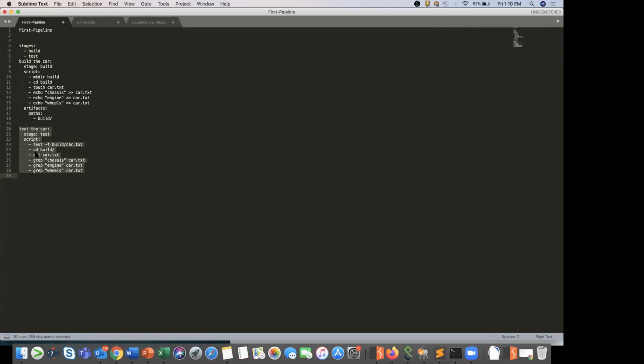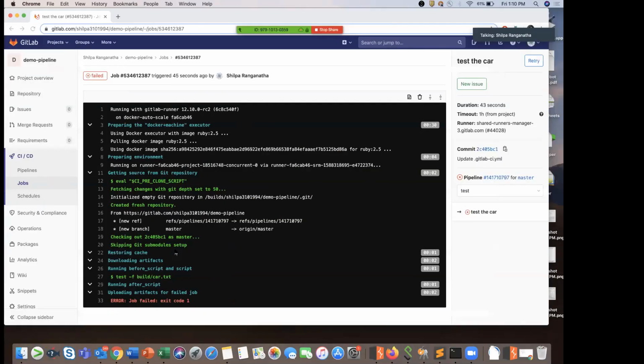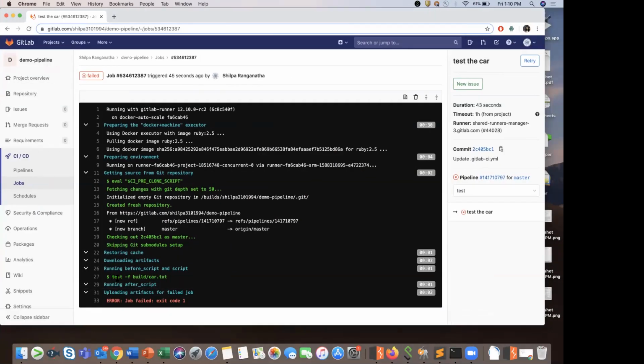Okay, so I'm changing directory into my build directory, then I am checking the contents of my car.txt and I'm grepping each and every term from my car.txt file. But here, if you see the output, it's failing at test -f build/car.txt. It says job failed, exit code 1.